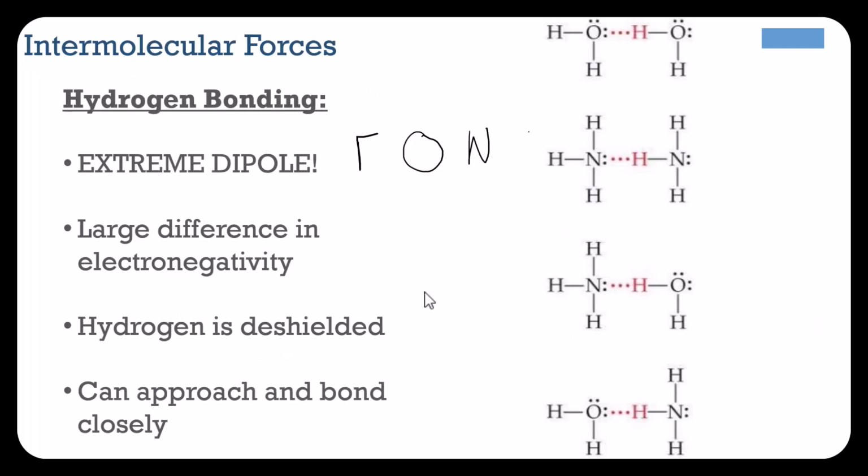Hydrogen bonding. We've got this elitist category. We've got fluorine, oxygen, nitrogen that can participate in hydrogen bonding. And we've got some really cool things that hydrogen bonding can do. So when you get to organic chemistry and into your biochemistries, hydrogen bonding becomes a really important factor in why things do what they do. So let me give you a preview of what hydrogen bonding is capable of, why it's so important and has its own little elitist category.